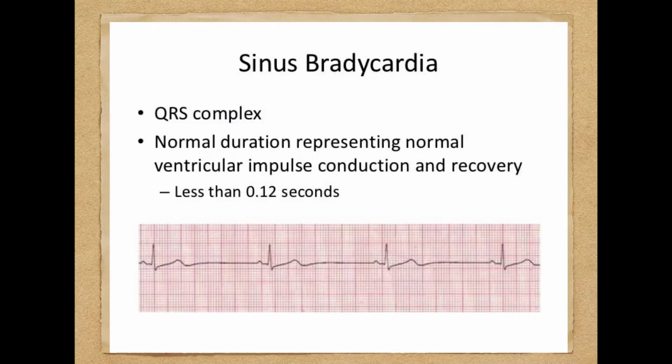Next is the common thing which you see always in the ECG, the sinus bradycardia. Now I'll come to the common arrhythmias, starting with sinus bradycardia. As you know, bradycardia is a heart rate less than 60 per minute. Here you can see the ECG with a normal P wave and normal QRS, but the heart rate is around 60 per minute or less than 60 per minute, which is called a sinus bradycardia.